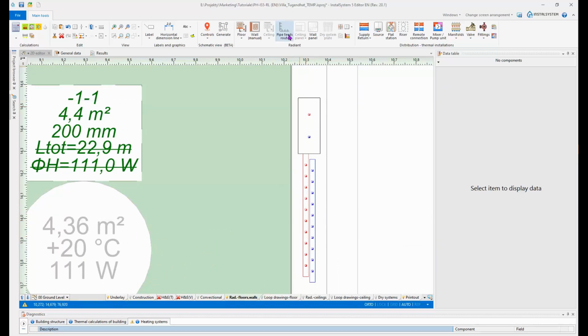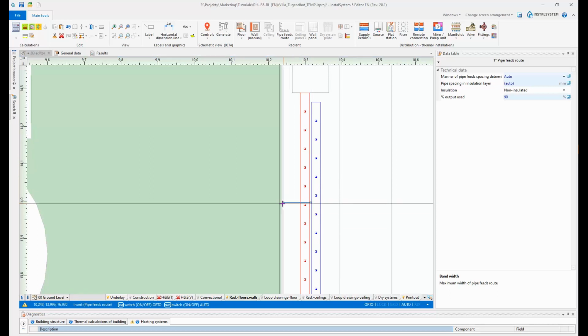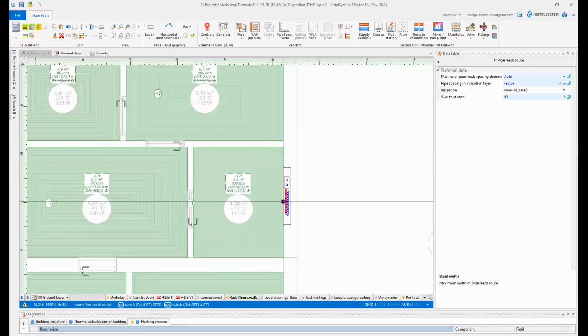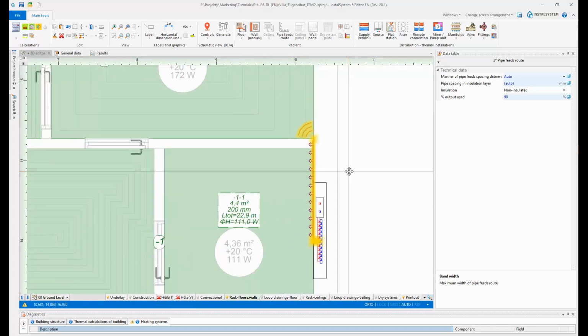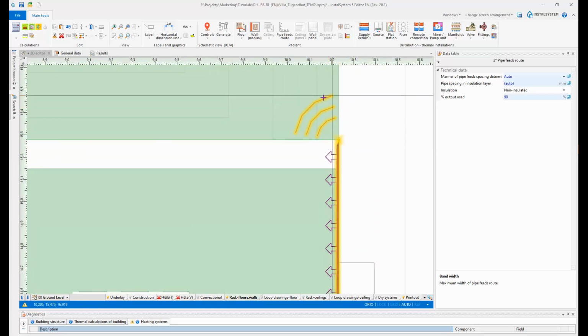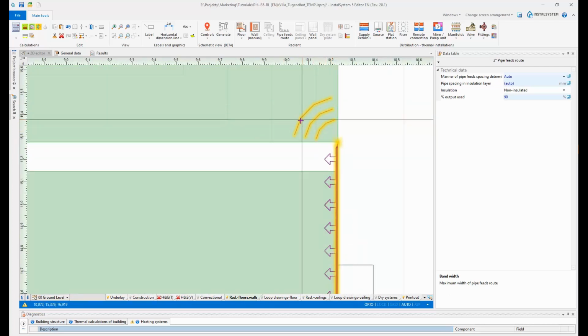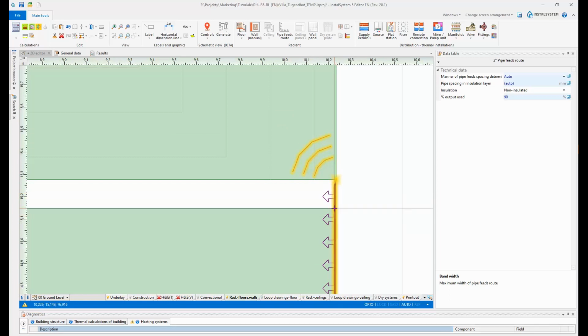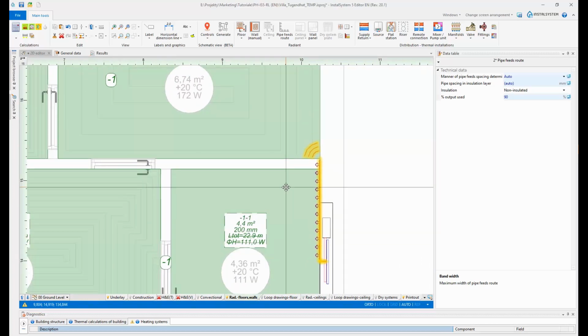First, you need to click on this icon and click somewhere between the bars, somewhere in the axis of the manifold. Can be right here. Then go to the left, the edge of the first zone, click right here, and you can go like this. Connect the first standard heating zone. This symbol informs you that that section of pipe feed route was properly connected with this heating zone, and in a similar way we will connect all other